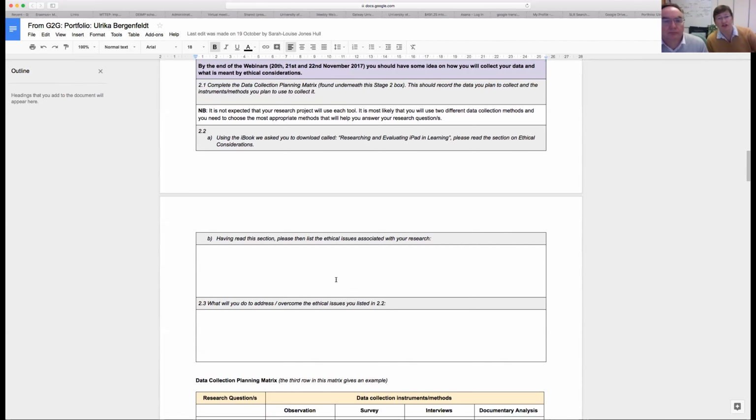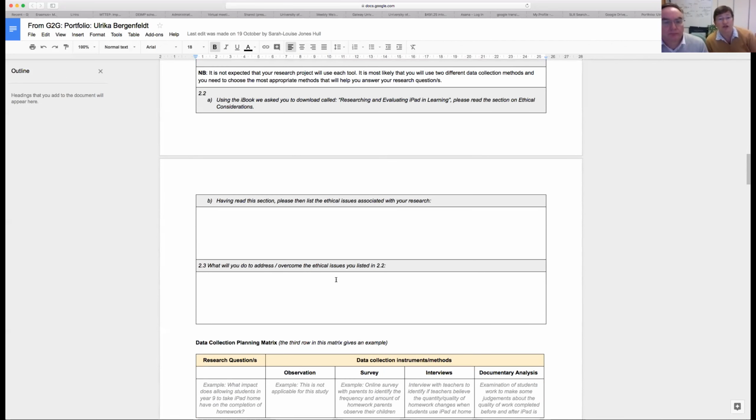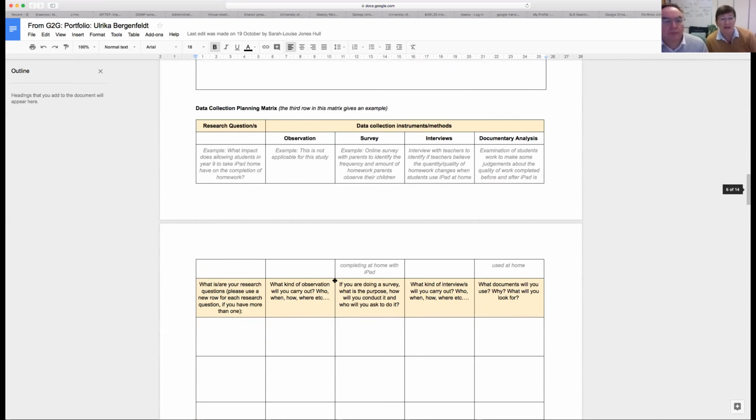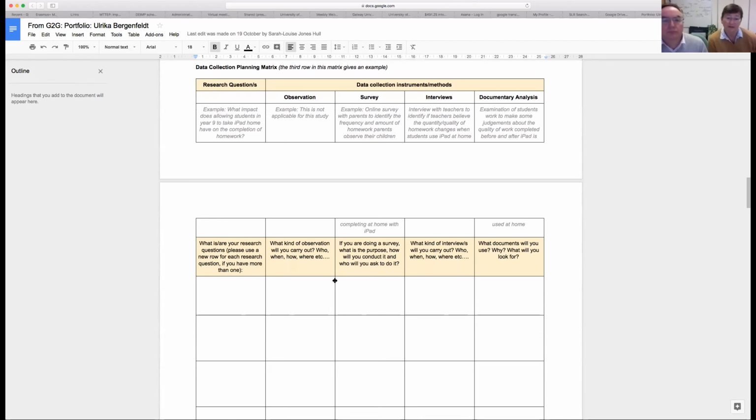And you'll see that in stage 2, there's the main box, which asks you a couple of questions about completing the data planning matrix. It asks you a little bit about ethics. And then underneath we have actually the data collection planning matrix. And we can talk a bit more about that as we go through the data collection webinars over the next 3 days. But really what we'd like you to do is to think about what your research questions are and what kind of tools you're going to use to collect data. And really the focus of the next 3 meetings is going to be about that, isn't it, Kevin? About the data collection. So this is where we're moving to.